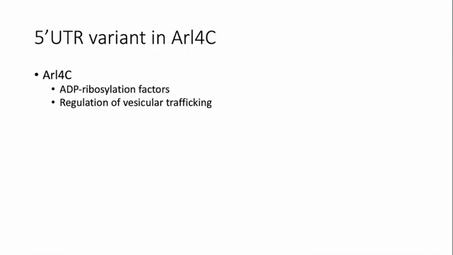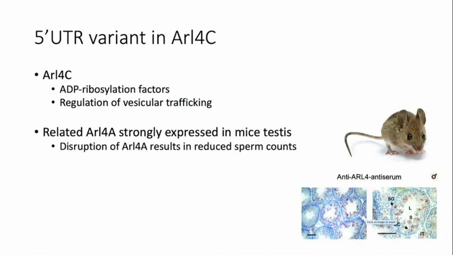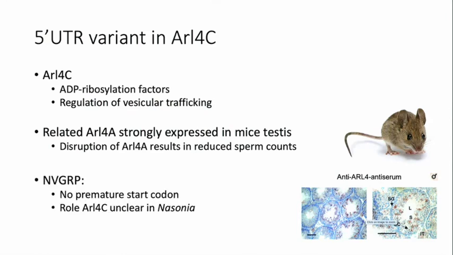So the first one, it's an ADP ribosylation factor, ARL4C, and it's involved in the regulation of vesicular trafficking. And there's not much known about this one. There's a related ARL4A that's strongly expressed in the testes of mice. And interestingly enough, a disruption of this protein results in reduced sperm counts. So it might have something to do with reduced fertilization or anything. However, in our lines, this variant didn't cause a premature start codon, and the role of this ARL4C is still